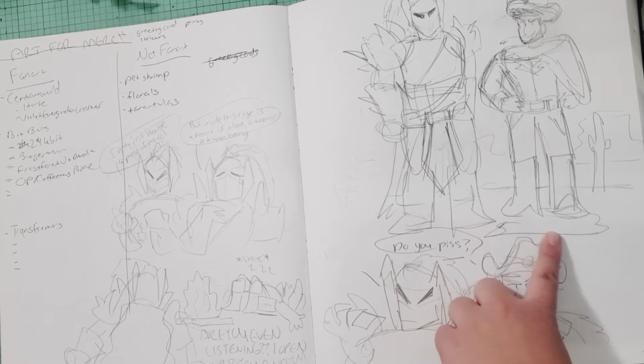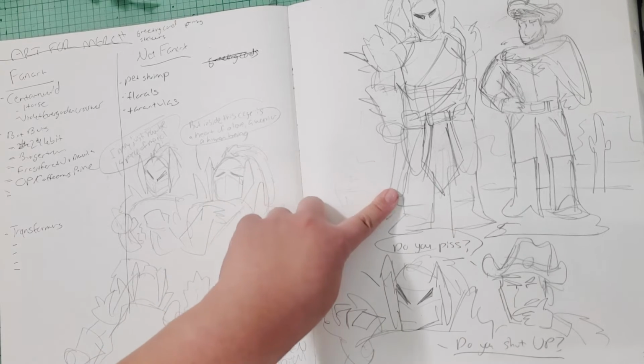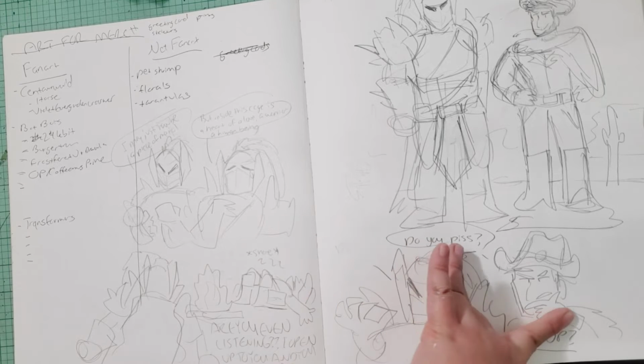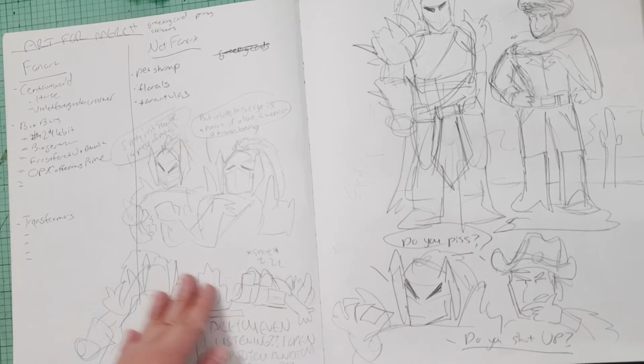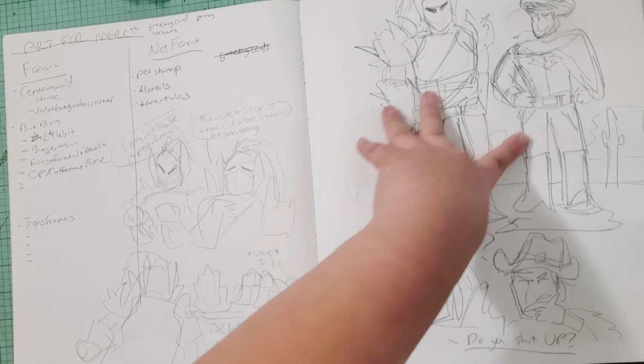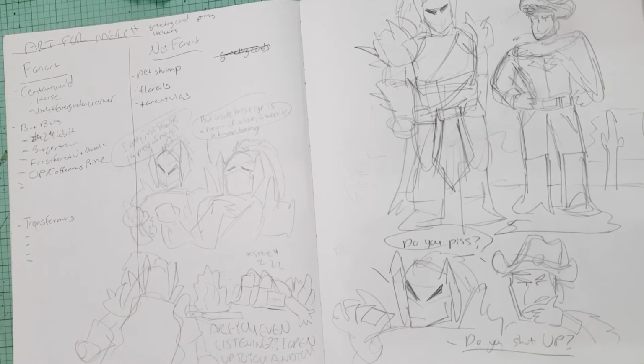But then they have this unlikely friendship of two different people, this lawless, quote unquote, moralist cowboy guy, and this very self-righteous, wealthy background knight guy. And they try to make it work, and it's like a buddy cop duo type thing. Well, not really, they're not cops, but anyway, it's just this cowboy being comedic relief, and this guy being the guy who's too serious. And yeah,